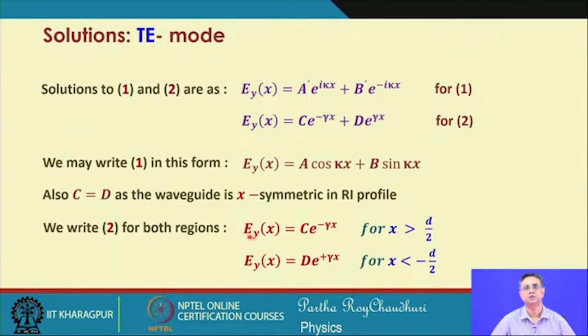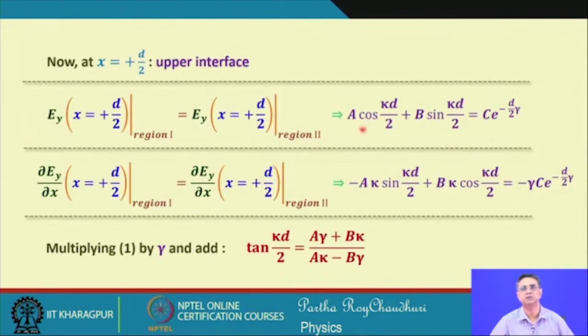In these two equations, we will use x equal to plus d by 2. So, that gives you this condition, and if I assume the continuity of the derivative of the field, that is del E y del x across the interface, which is also a continuity condition, we end up with this equation. Now, if we just combine these two